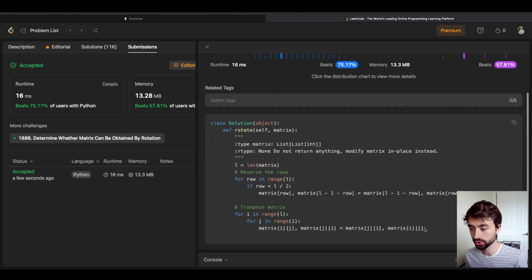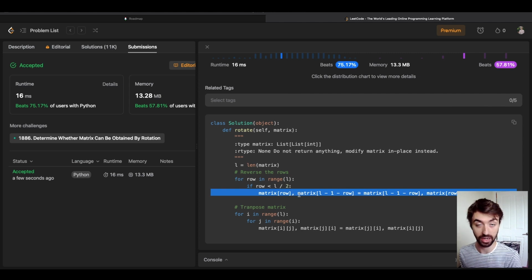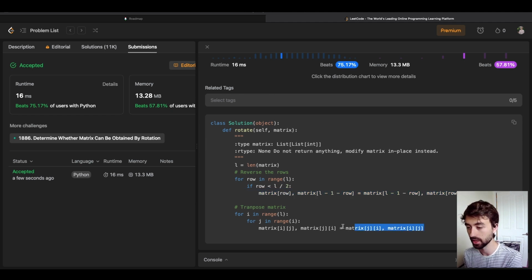Pretty short amount of code, but theoretically there's a lot going on here, especially if you have never seen any linear algebra or matrix math before. This can be pretty confusing. So let me know in the comments if you want to talk more about matrix operations or do more matrix problems, or even go over some of the linear algebra of how this exactly works or why it might be useful. But yeah, that is the